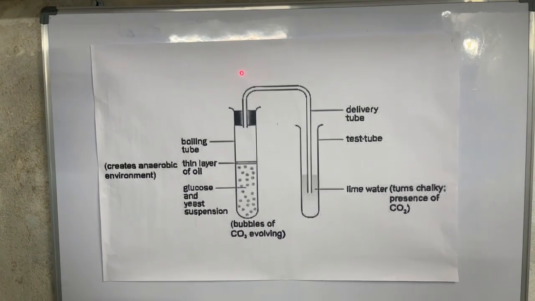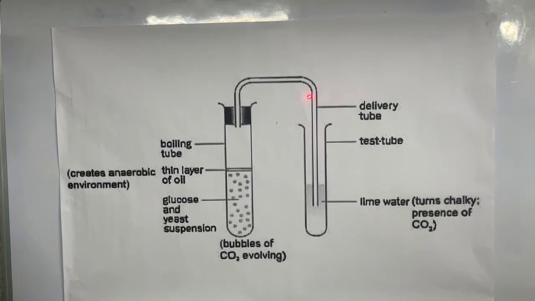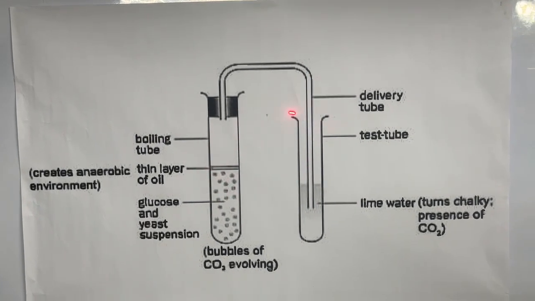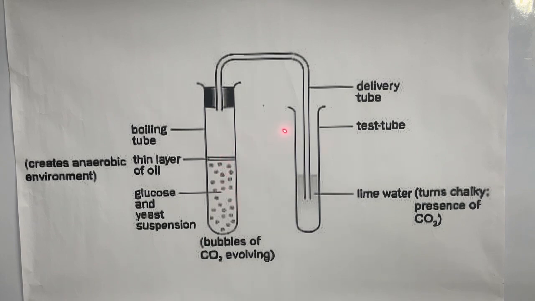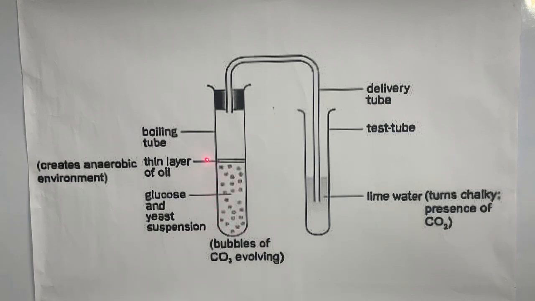Interestingly, you can see in this chart what we are going to do and how carbon dioxide is produced by the breaking down of glucose. In this experiment, first of all, I am taking one test tube. In this test tube I am first providing the glucose. In this glucose, a lot of oxygen is there, C6H12O6, that you know very well, and I want to remove the total oxygen content in it.